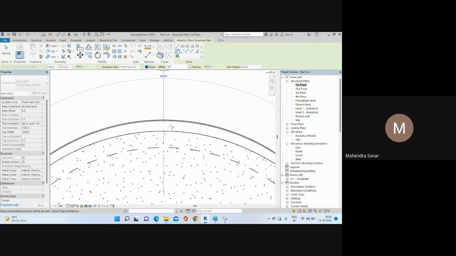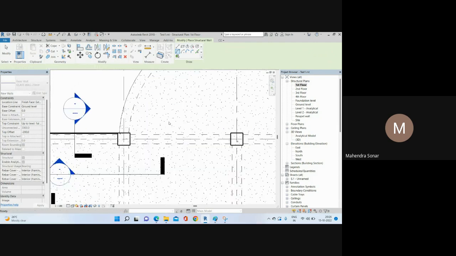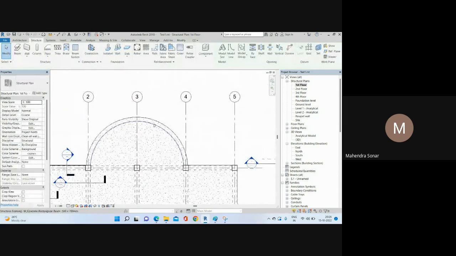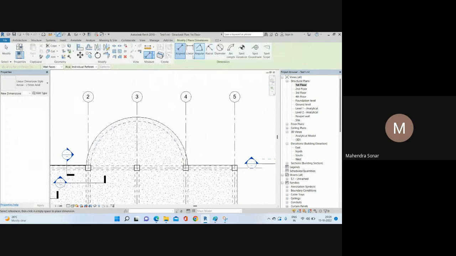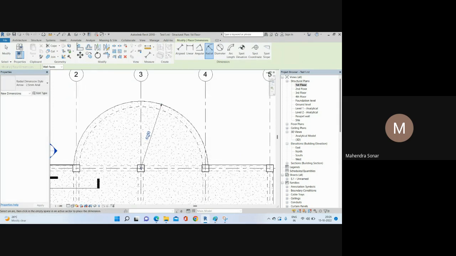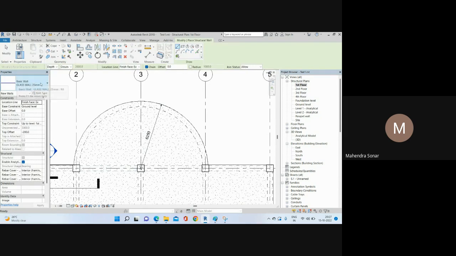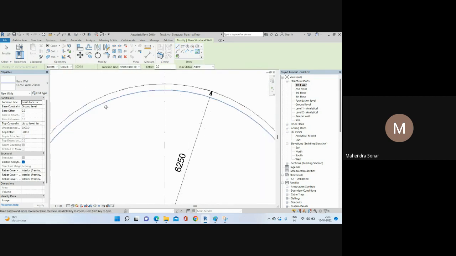So what is the radius? Okay, so I will just find the radius for this slab. Just give the di command and click here. Okay, 6250. Right, so you can go again, or just click here wall, click here structural wall, and you have option here also. Instead of the 3 point, you have already edge here, right? So you can go with that option also, pick lines. Simple option, and just pick this line